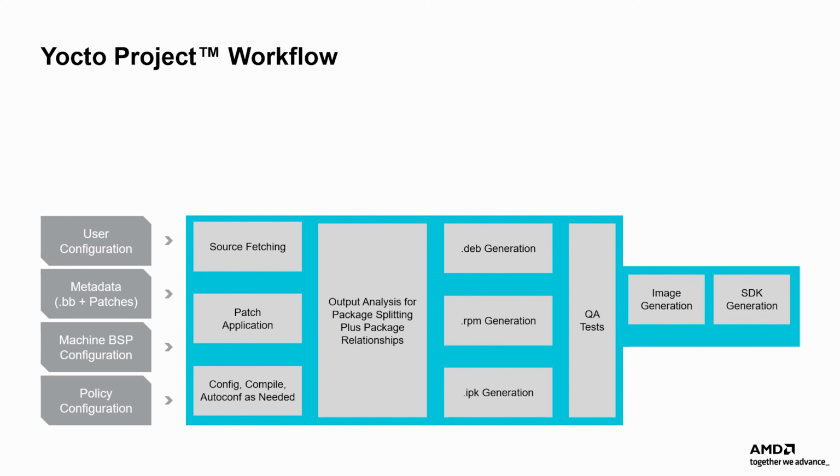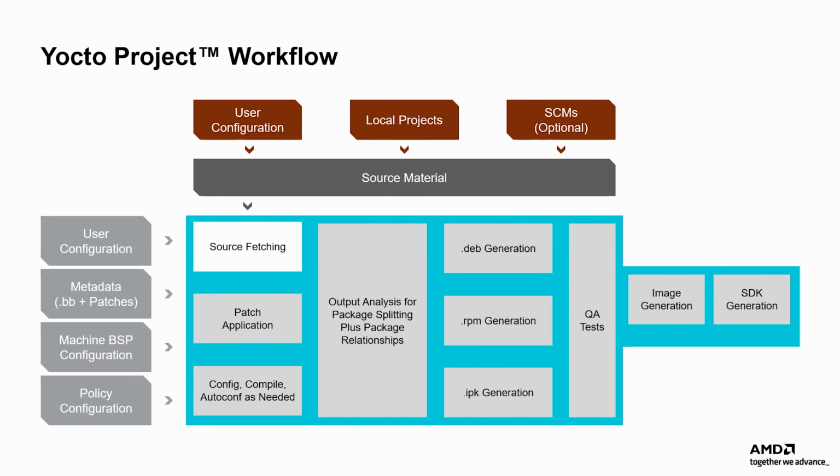Once configured, Bitbake knows what it needs, where to locate it, and what actions to perform. The source code can come from external or local project source code management SCM systems, or source mirrors. Patches are then applied based on your customized instructions. The shared state mechanism identifies only altered packages for faster compilation. The build result can be packaged into any of the most commonly used package formats.